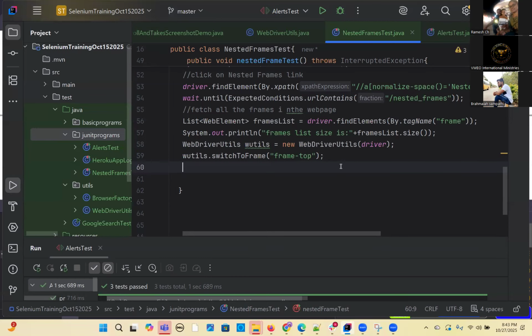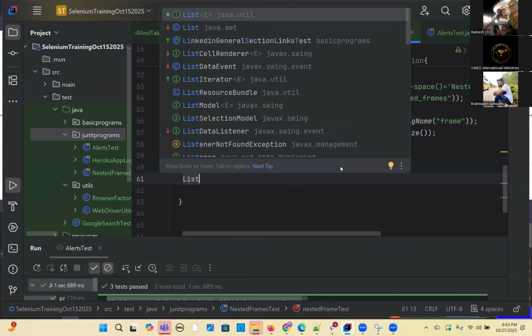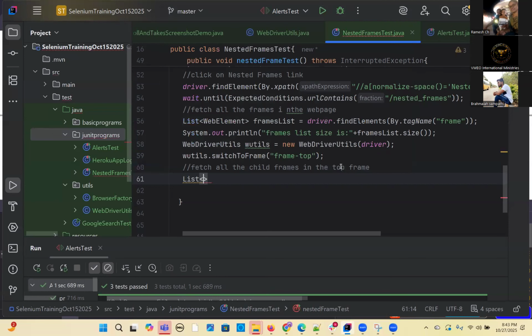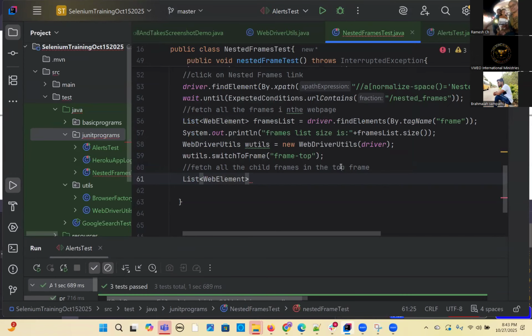So I switch it to the top frame. Now I need to get all the child frames in the top frame. Fetch all the child frames in the top frame. So, list of web element, child frames list